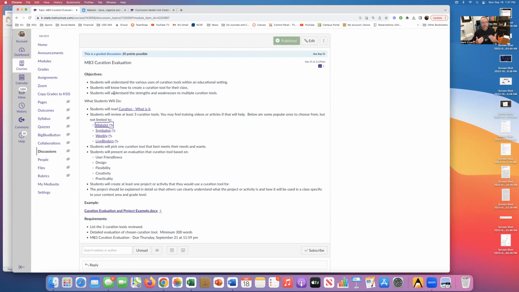You're just going to review them, take a look at them. Then you are going to pick one that best meets your needs. So you'll say you looked at these 3, you did a quick evaluation. You said, you know what, I like Symbolo the best. That's my favorite one. So then you are going to present an evaluation of that tool based on these 5